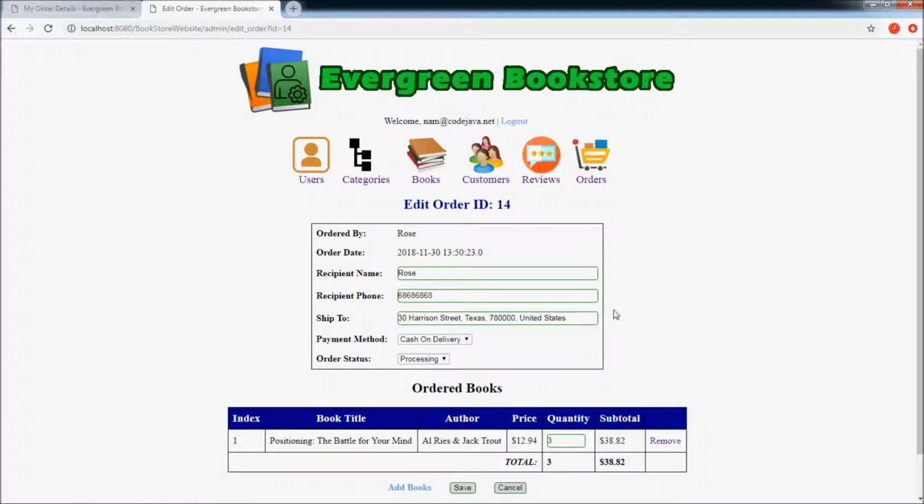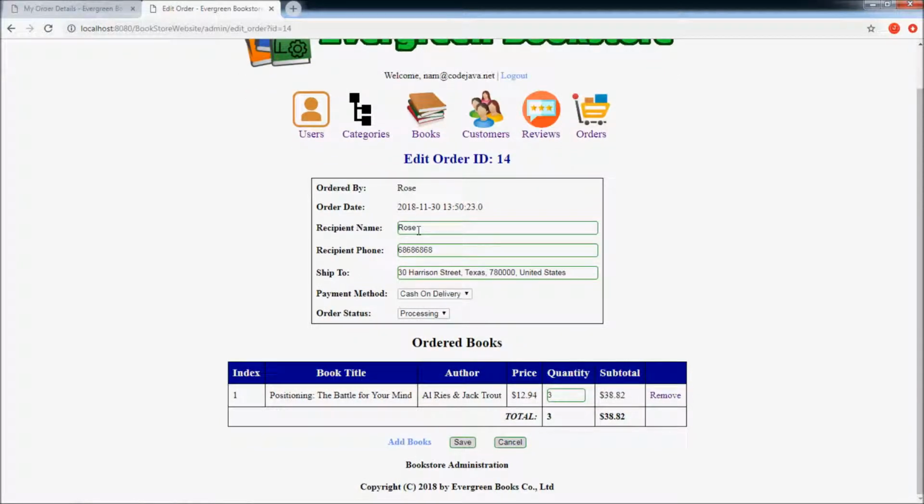We test the simplest case first. Let's change the recipient information here. For example, recipient name is Rose Isabella.